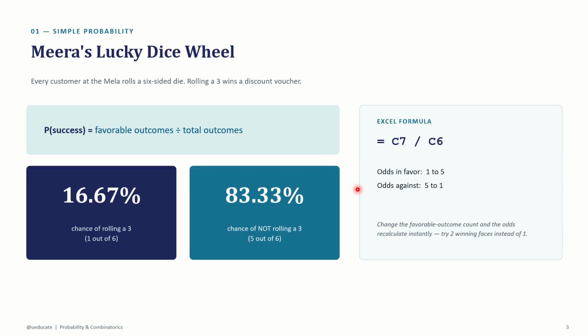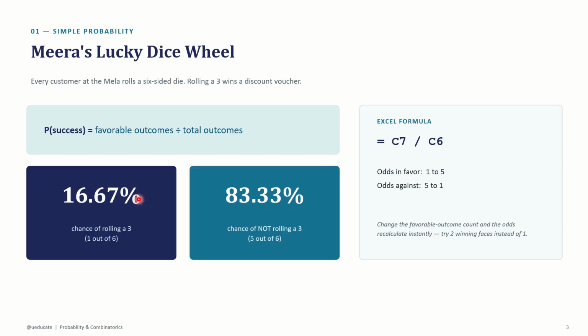So the first one is simple probability. Let's start at Mira's lucky dice wheel. Every customer rolls a single six-sided die, and rolling a 3 wins a discount voucher. How likely is that? The rule is simple: probability equals favorable outcomes divided by total outcomes. Mira has one winning face, the 3, out of 6 possible faces. So 1 divided by 6 gives